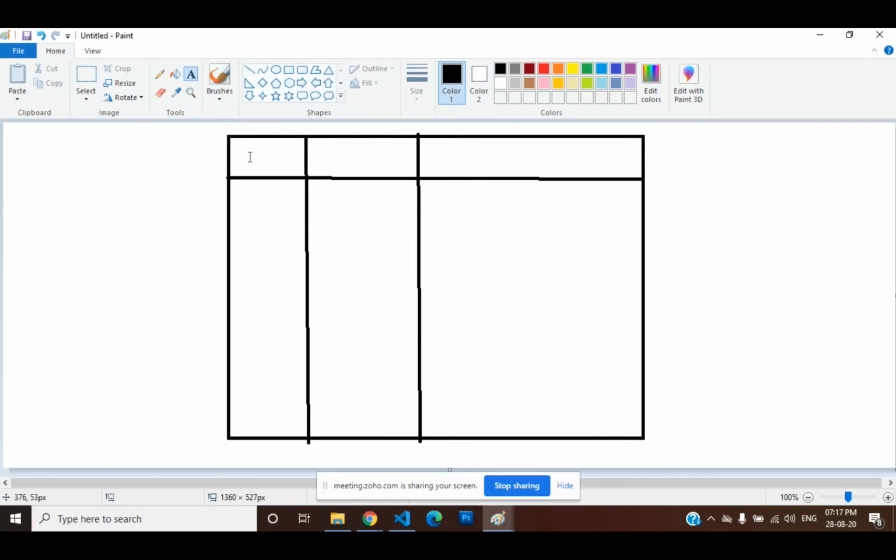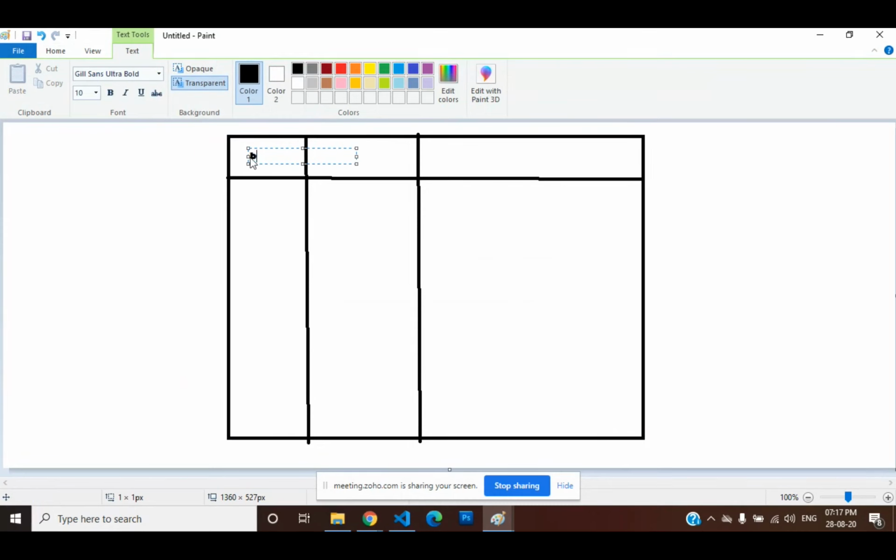See here, the first one was bold. Let me increase the size. Sorry, first one what? Element. This is the heading. We will decrease the font size, it will be fine. We will go with some color, it will be better. First one what? Element. This is the heading.